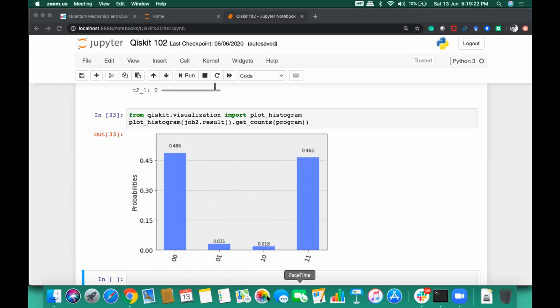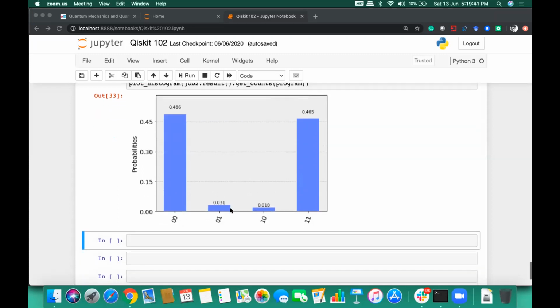The longest bars were predicted accurately, but the smaller ones, like 0.031 and 0.018, are the errors. These were not predicted correctly when we measured the qubits from qubit 0 to qubit 1.